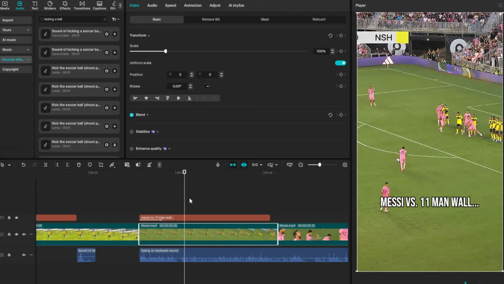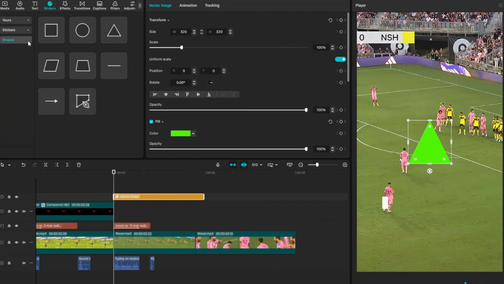Now we're gonna give the players a name tag just like in FIFA. Go to shapes, take the triangle. We're making it green. Let's rotate it 180 so it's upside down. Let's make it smaller a bit. Not like that. If you press shift and scale it, it will be a uniform scale so it doesn't get messed up. That looks pretty good. It's a little big still. Let's make it a little smaller. Put it right over his head.